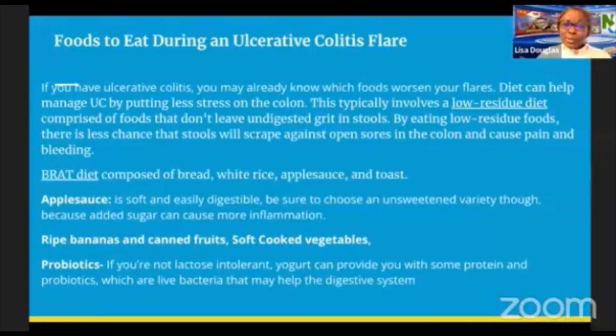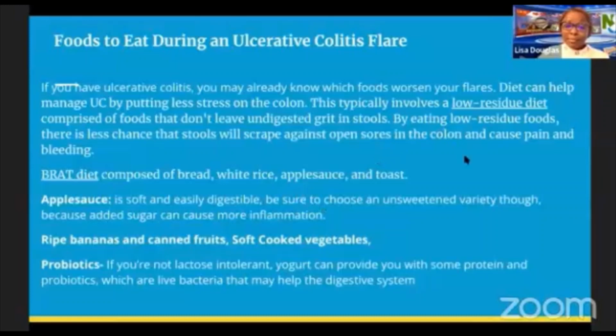So, foods to eat during an ulcerative colitis flare. If you have ulcerative colitis, you may already know the foods that worsen your flares. Diet can help manage ulcerative colitis by putting less stress on the colon. This typically involves what's called a low residue diet, composed of foods that don't leave undigested grit in stools. By eating low residue foods, there's less chance that stools will scrape against open sores in the colon and cause